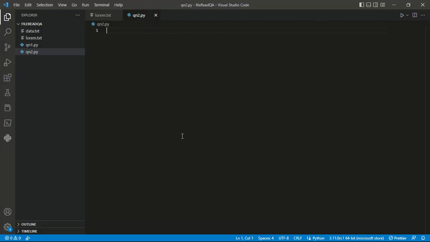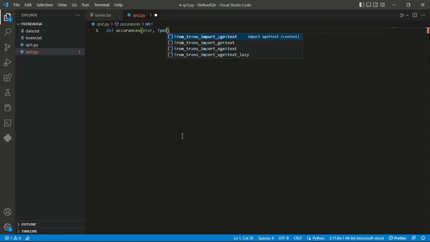So let's write that function, we define it, and maybe we call it occurrences, and it takes 2 parameters, one which is a character, I can call it char, and the next one is file path,